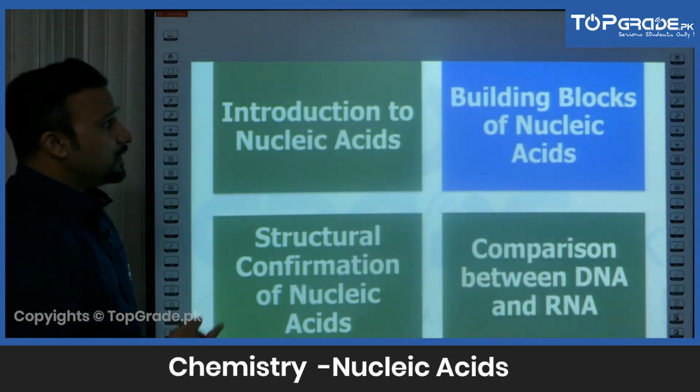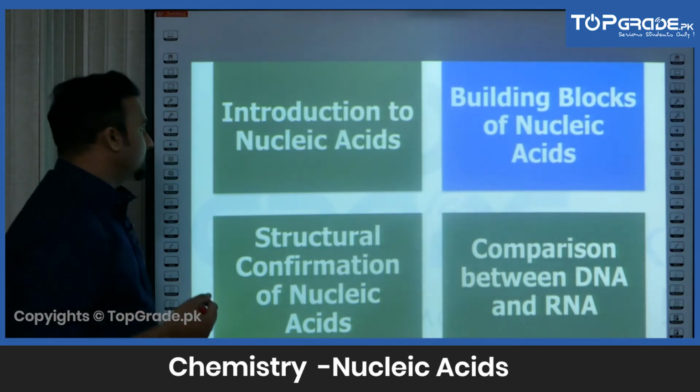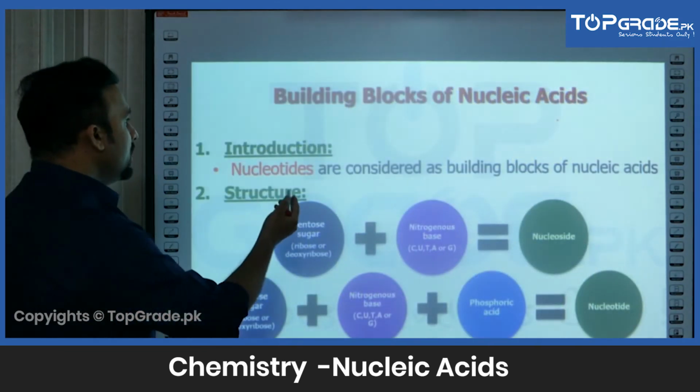And now let's talk about the building blocks of the nucleic acids. First,